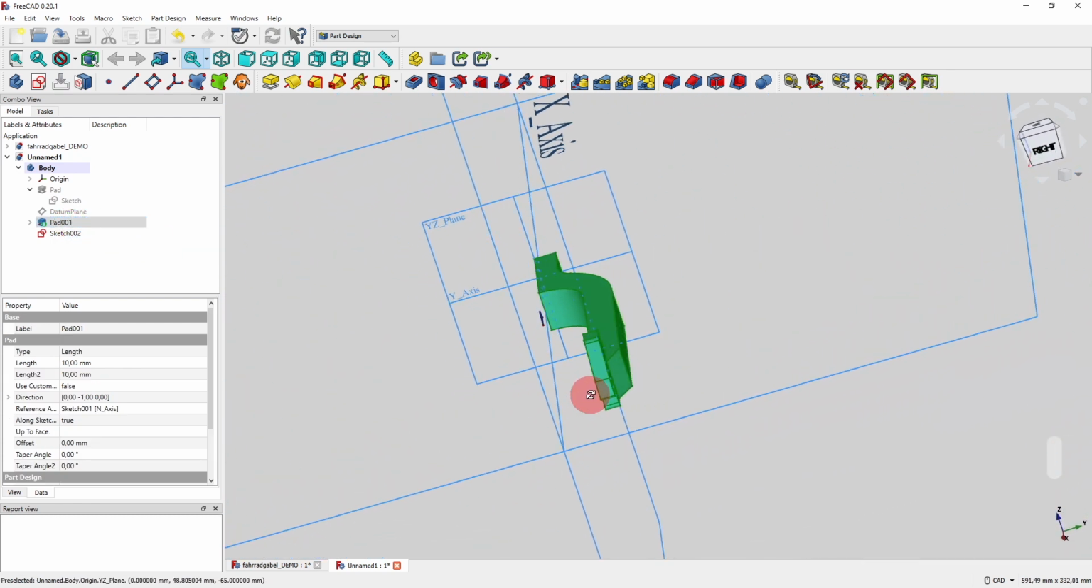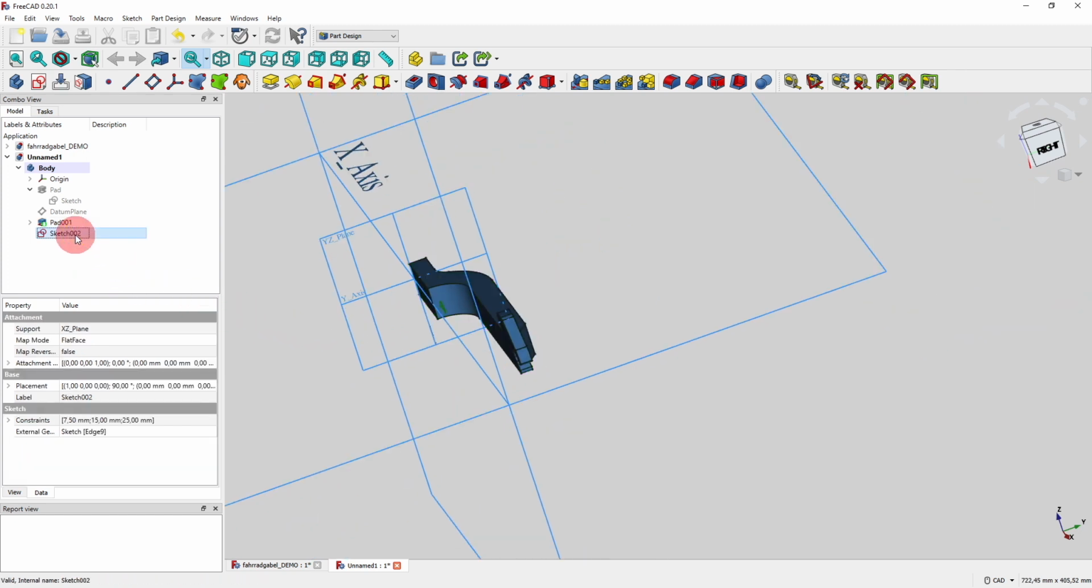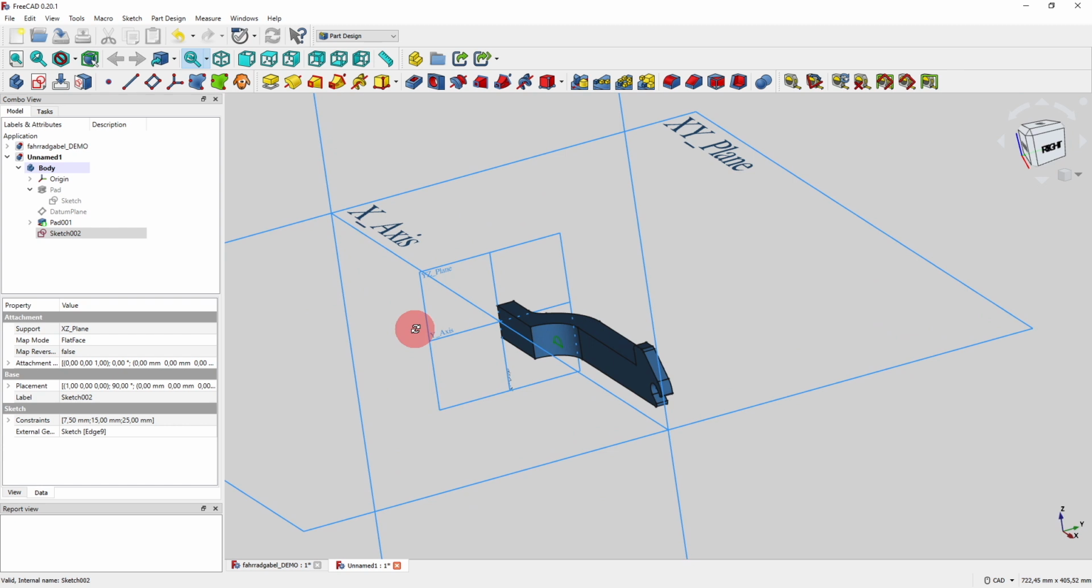So almost good, but I made one mistake. I put this sketch on the XY plane, which is not what I wanted to do, but I'm leaving this mistake in the video so that I can show you how you can deal with mistakes like that. I go to the datum plane here,